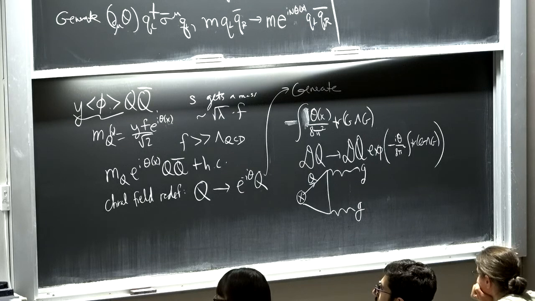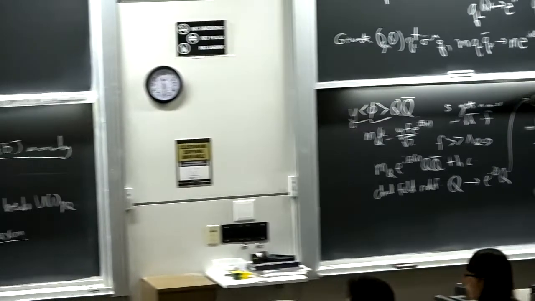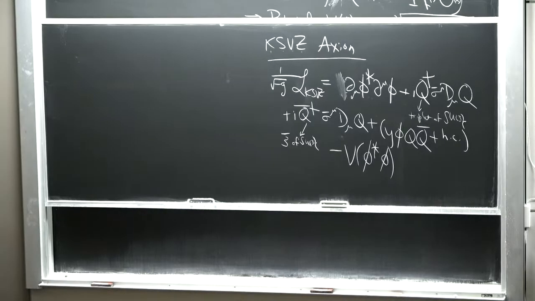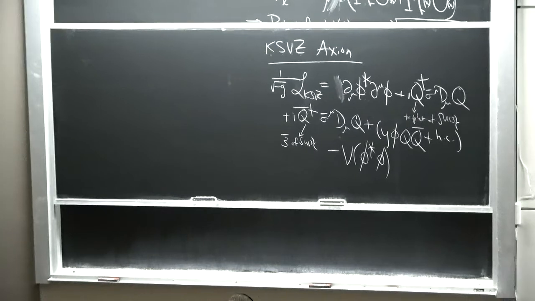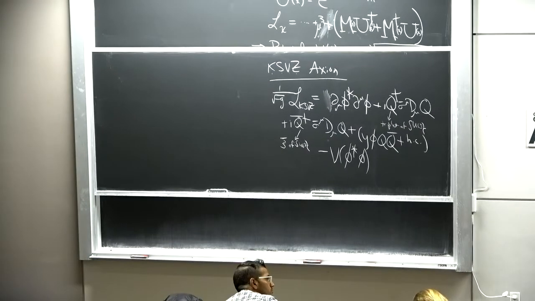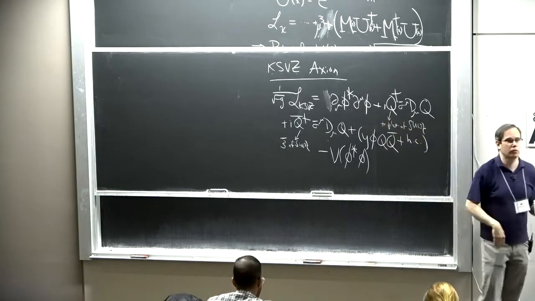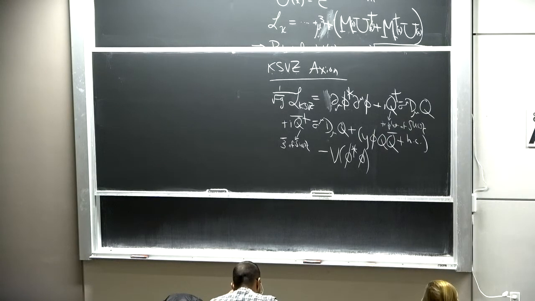involved sort of using the Higgs to play the role of a field like this. And so it basically pinned the scale f at the electroweak scale. And that was very quickly ruled out by data. And so several years later, the KSVZ model came along. And in this model, this scale has nothing to do with any scale that we already know about, so we're free to make it heavy and explain why we haven't seen these particles yet.